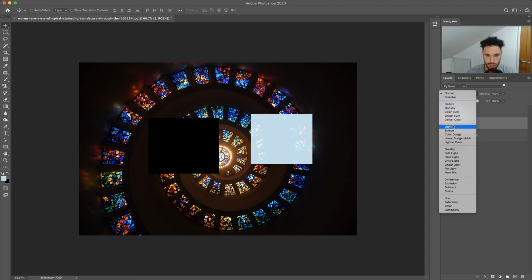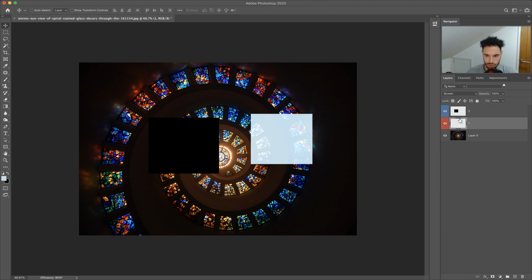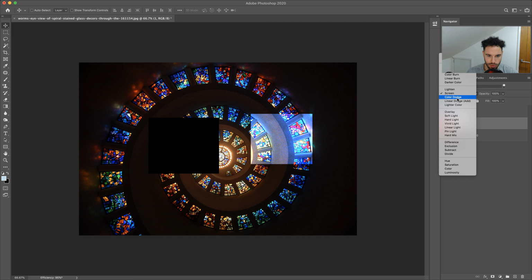So let's come into lighten, for example, or screen. Let's come into screen. So it's going to apply this screen blend mode to the pixels on this layer, and they are going to affect the layer beneath, or the layers beneath, depending on how many layers you have. So if you're trying to create a certain effect, for example color dodge, there you can see it's much brighter,